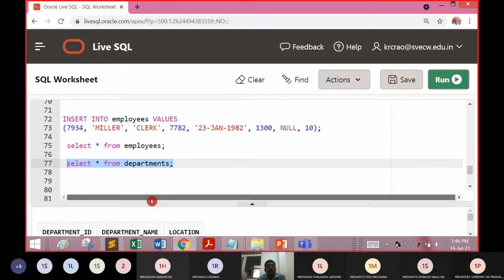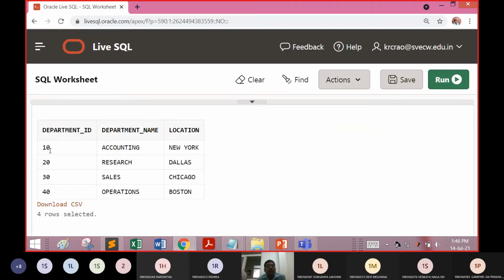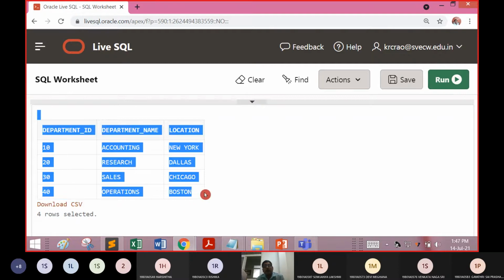The department table has fields 10, 20, 30 and 40, accounts, research, sales and operations, with locations New York, Dallas, Chicago and Boston. So that is all regarding the department table.